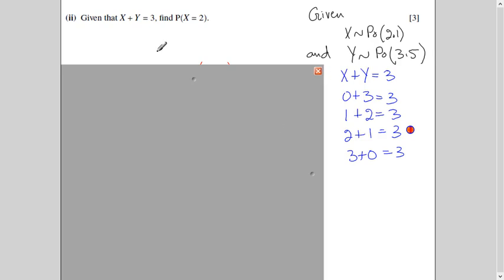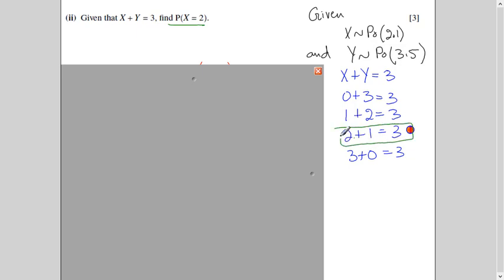If you see here, x plus y equal to 3 could be because of x 0, y 3. If you add them, it is 3. Or it could be because of x 1, y 2, because again, you add up, it will be 3. Similarly, I have written the rest of the two cases. So altogether, you have 4 possibilities to get 3. But the question is talking about when x is 2. It means we have to focus on this case.